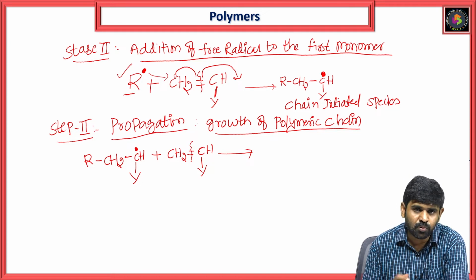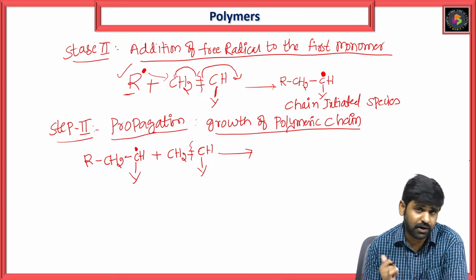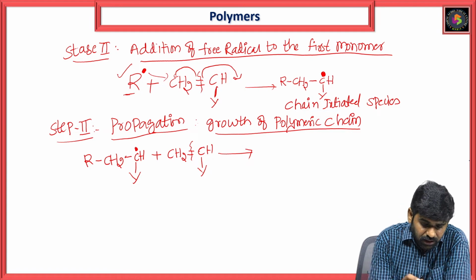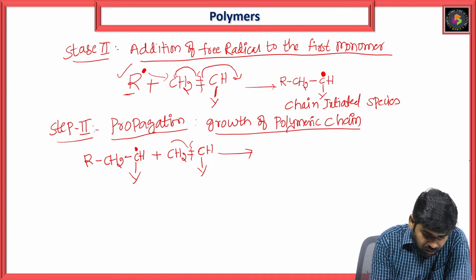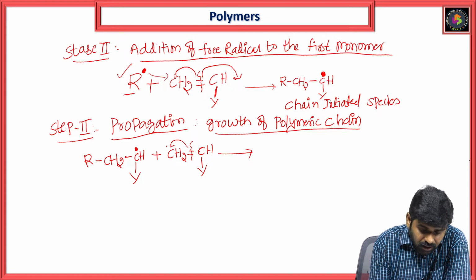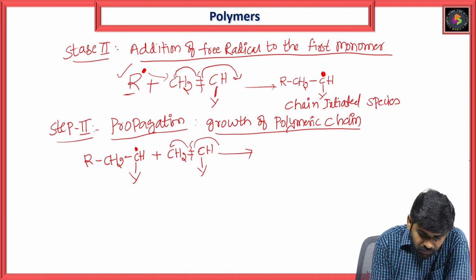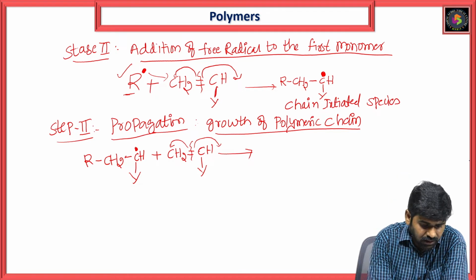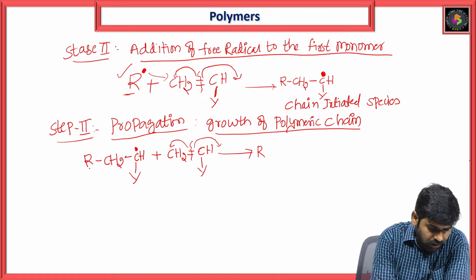We all know that in homolytic fission, formation of what? Free radicals. Formation of free radical takes place. So here, this electron moves here to form a bond with CH dot, and another electron moves out here to form again the chain initiated species, which is nothing but, here I am writing R